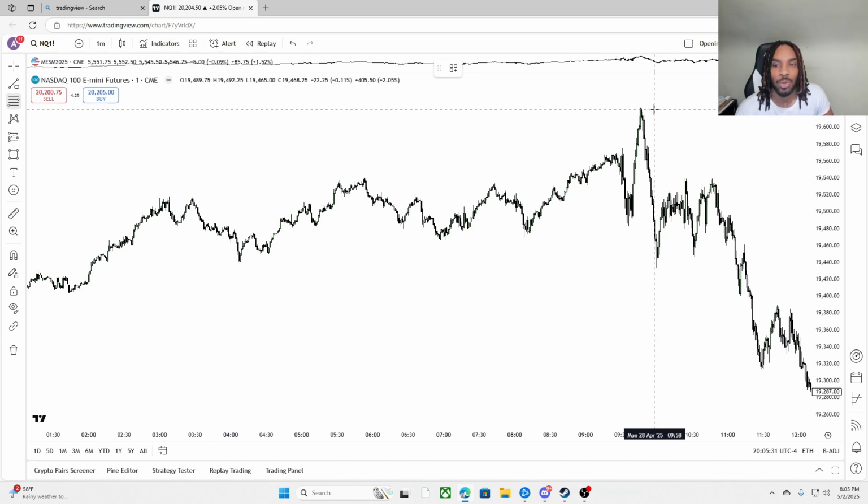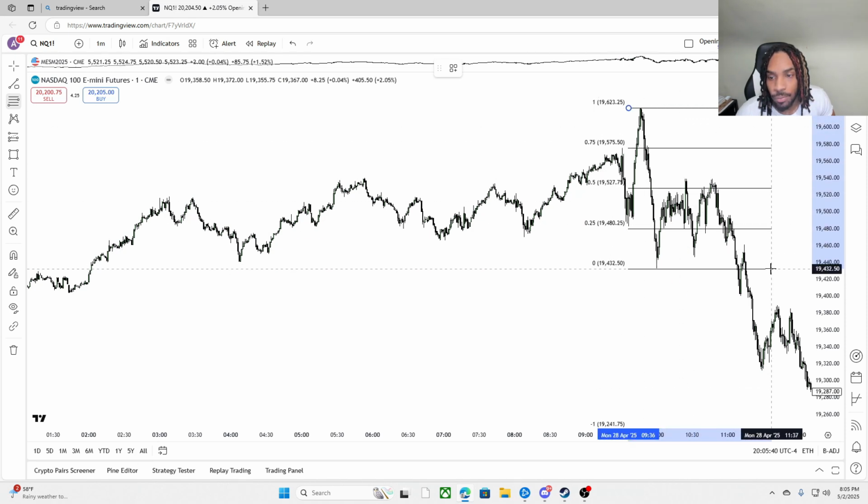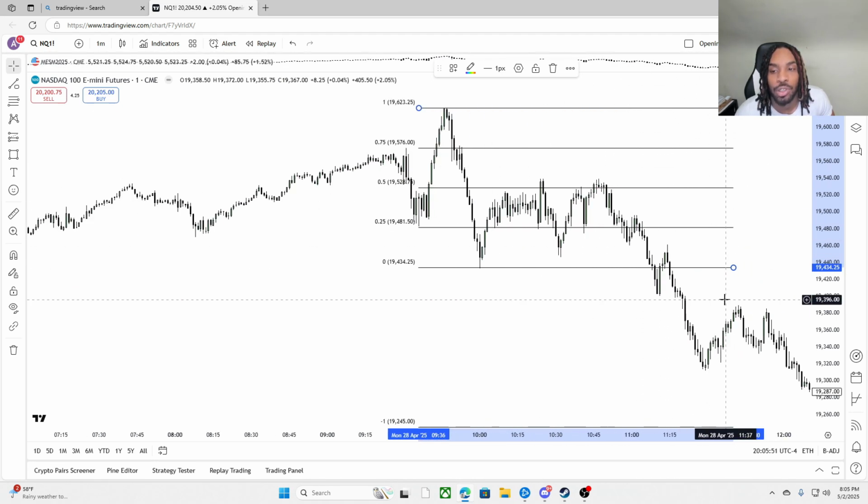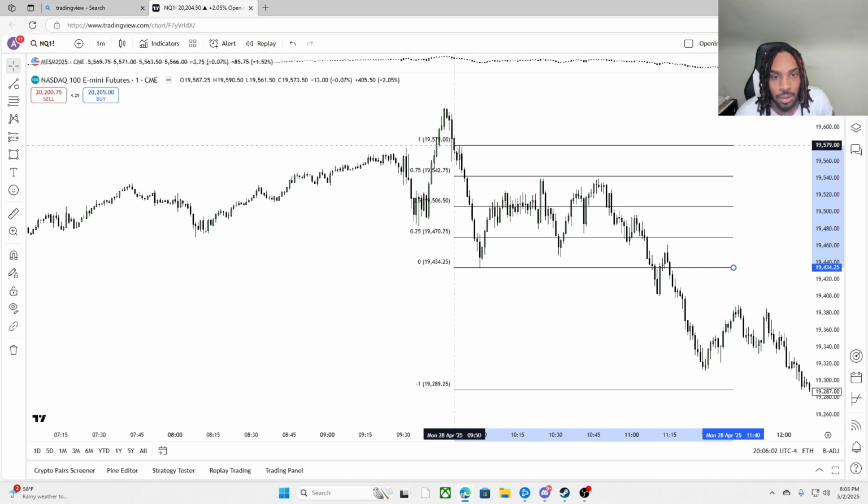Fair value gaps, right? When you have a price run from high all the way to low, if you measure the range, price will run up into the fair value gap right above 50% and hold that fair value gap and continue to run the sell side. So in this case, the fair value gap that's above 50% of this range is, oh, it's not this one. It's this one right here.